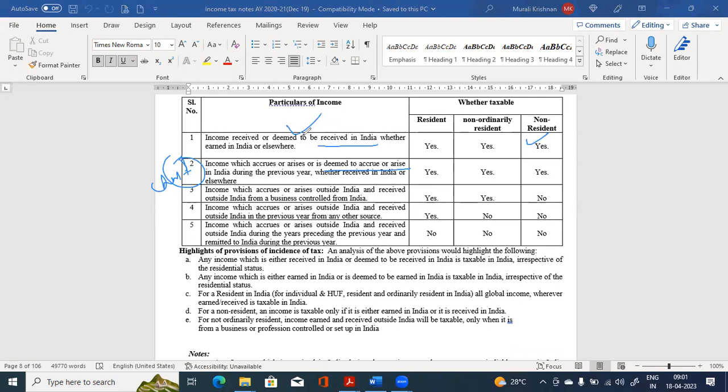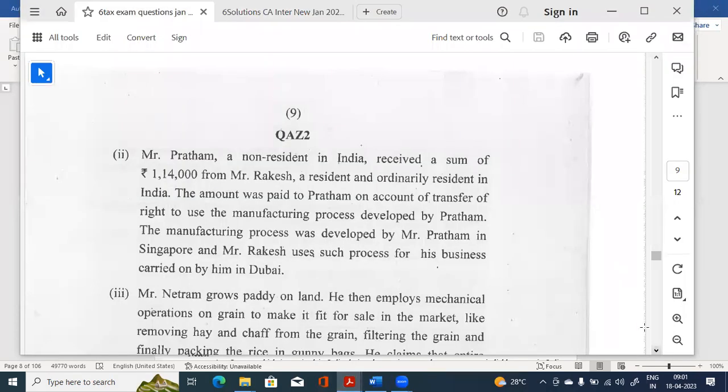So here it is being checked itself. So it doesn't go here at all to check deemed to accrue. Because it is received in India, it will get taxed. So the non-resident has to be careful that he doesn't receive the money in India. So that also you are supposed to write in the answer. That is what they are expecting, that in the answer you need to give these explanations.